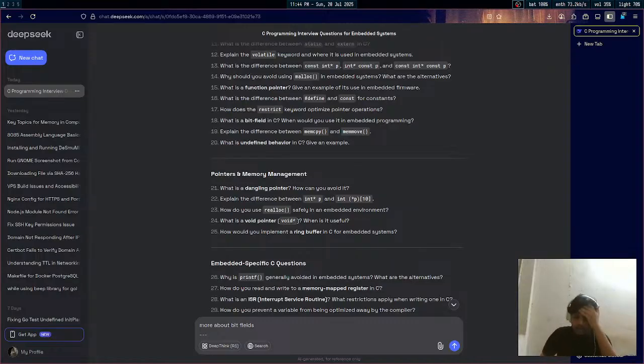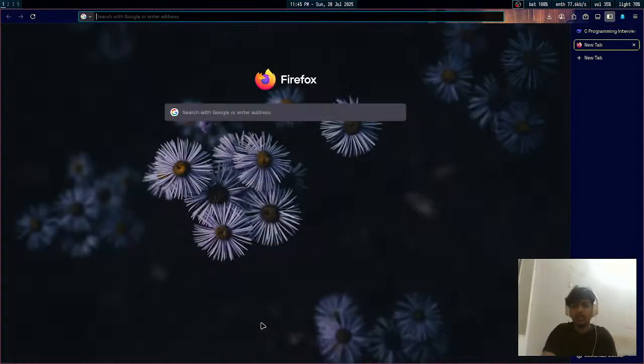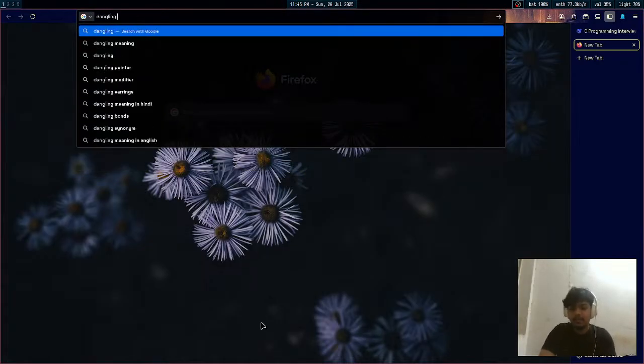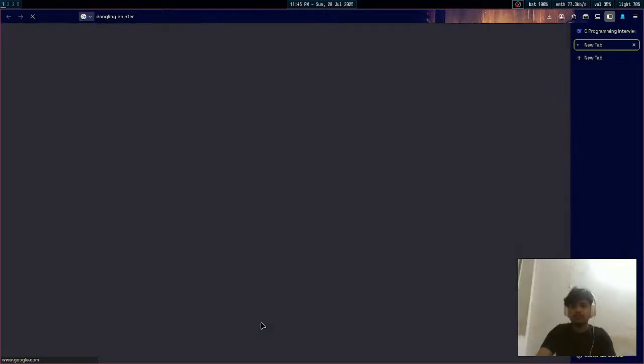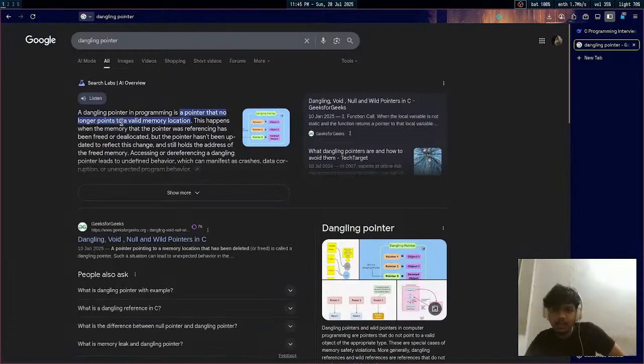Again, I knew what a dangling pointer was. I just forgot it right now, because I read about this somewhere. Again, I should be knowing this. It is a pretty common topic. I'm well aware of that, but it's my fault. I should know this, but I don't really know what is a dangling pointer. I will specifically search for this dangling pointer. What is it? A dangling pointer in programming is a pointer that no longer points to a